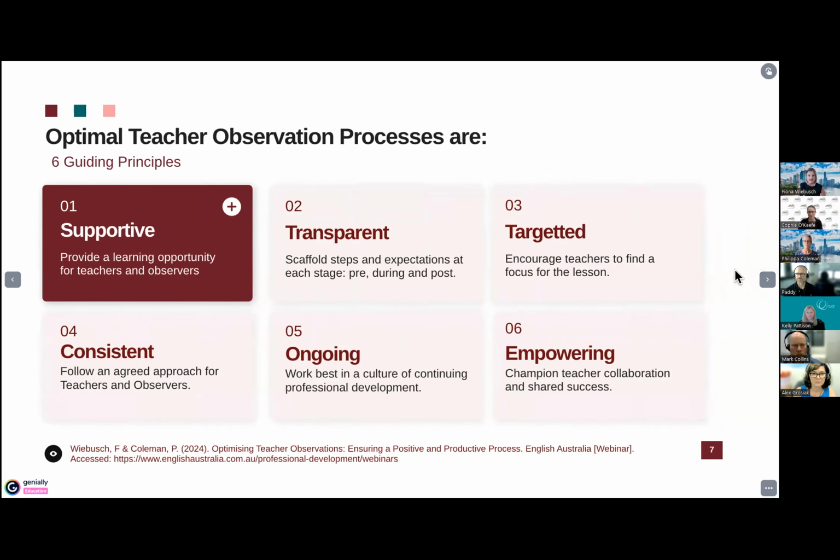So as Philippa and I sat down to do a bit of a search of the literature and also to think from our experience, what is it that makes the observation journey really optimal for everybody involved? And so we've come up with these 6 guiding principles from our experience. We really believe that the observation process needs to be supportive, that may be self-evident, and provide a learning opportunity for teachers and observers. Should be transparent in that everybody should know what the steps are involved and what is